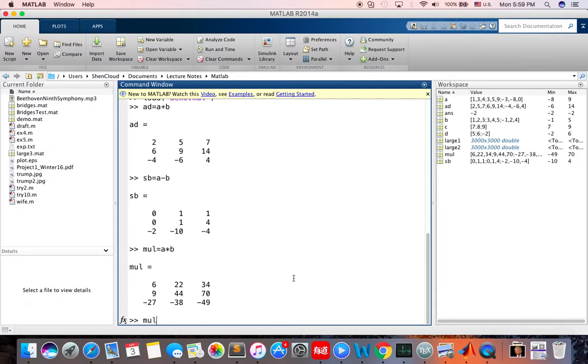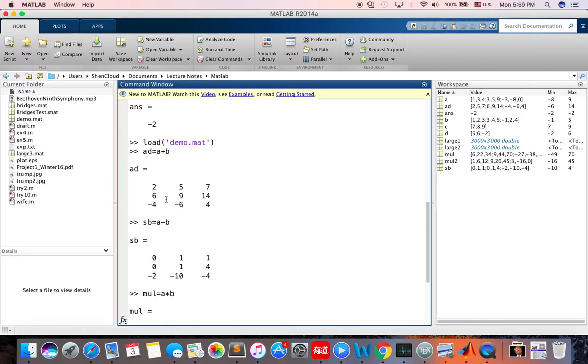So we can say multiply2 equals A dot multiplied by B, which is the multiplication of each element. For example, this 3 is the multiplication of A